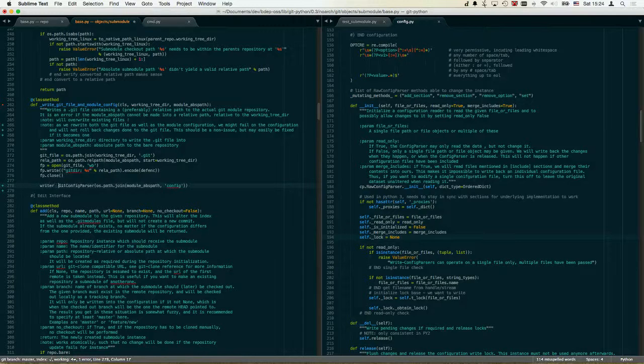If I could spell that, if I could type, I would call it writer. There we go, and now read only false. Merge includes false, just to be sure. That's true by default, but we want to write this thing, and we don't want to be having trouble with